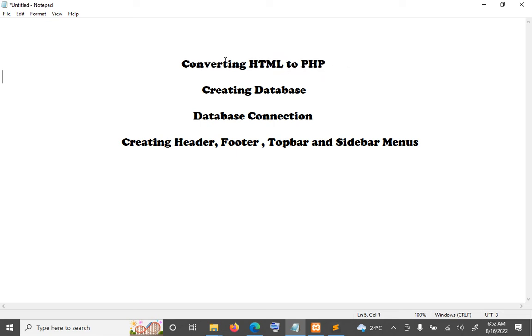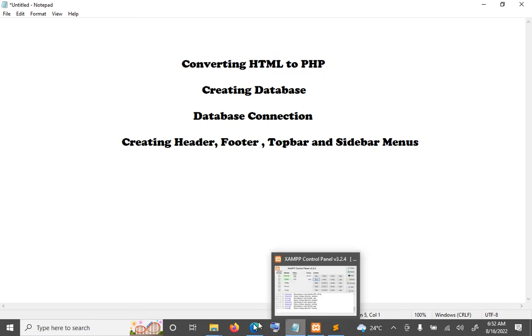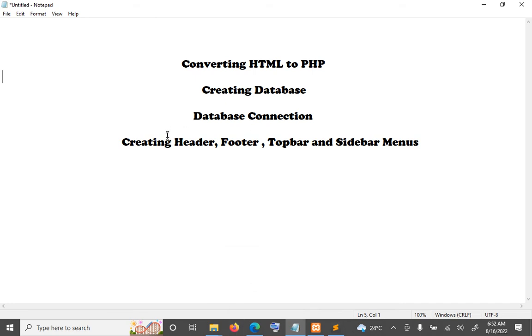Okay, this is now a PHP file. Then save into the folder. If you overwrite this,